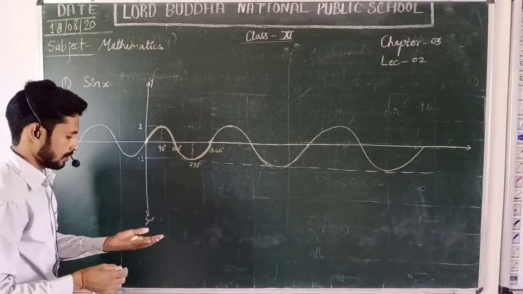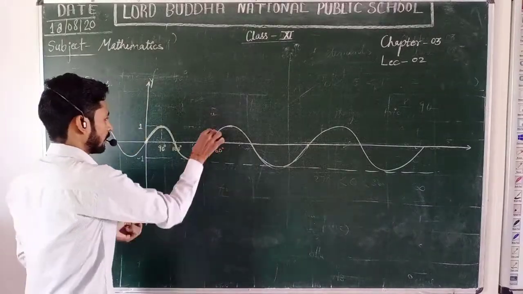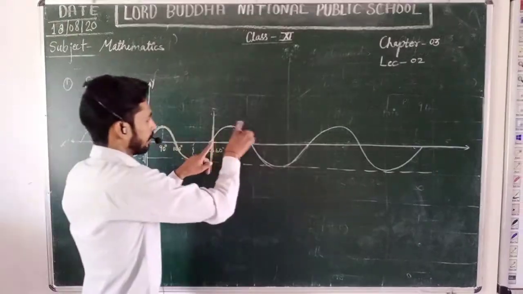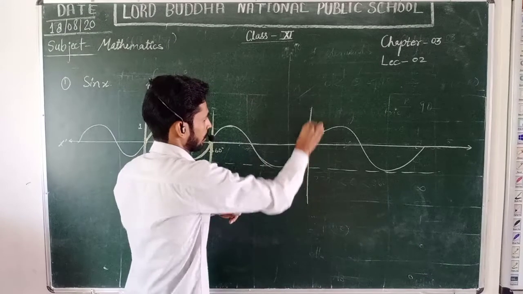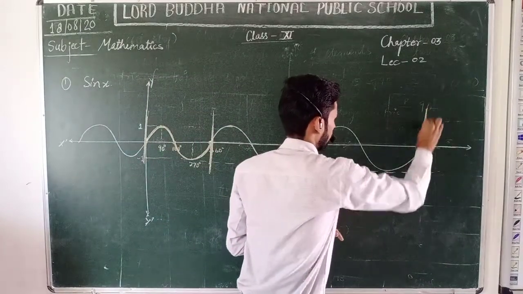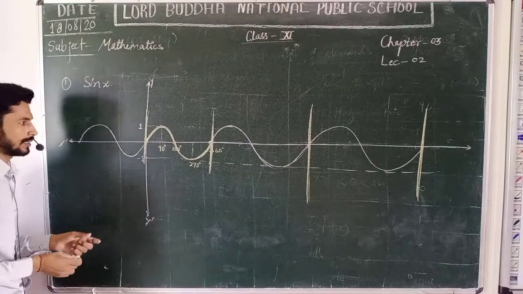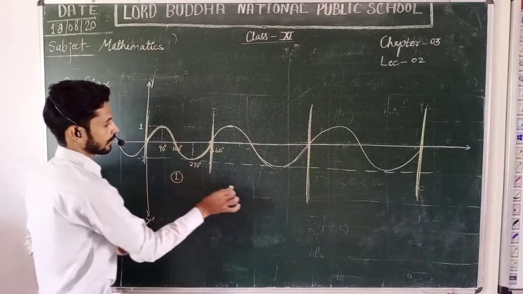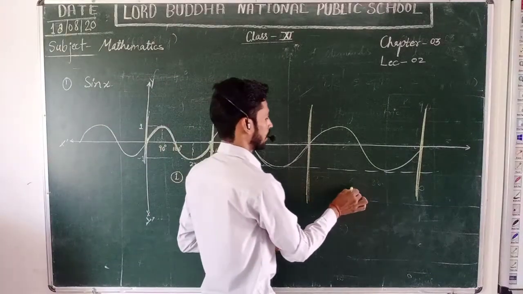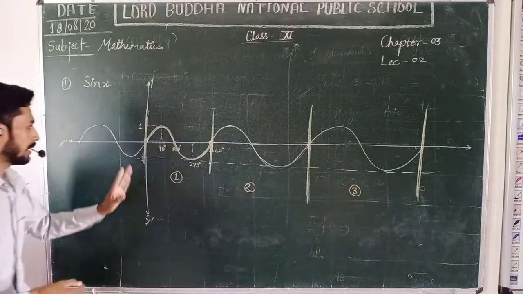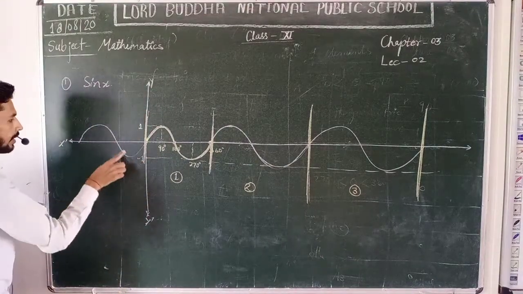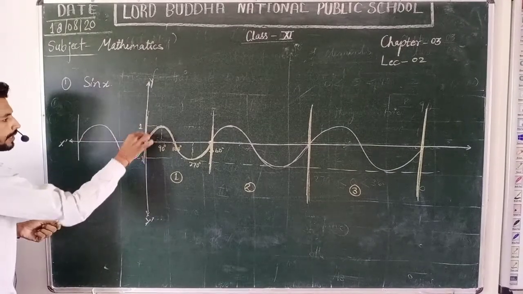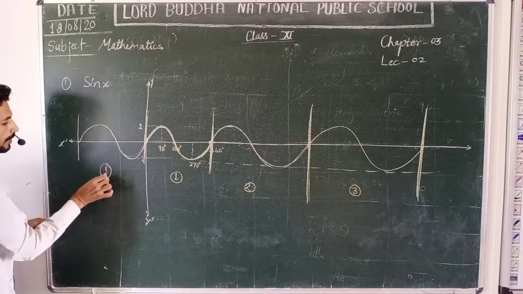So there is the function. Suppose this is the first revolution, the second one is from here and the third one is here. So you can say this function has a complete 3 revolutions: first, second and third. But on the left side of the origin, you can see there is also a revolution. So from here to here there is one revolution.